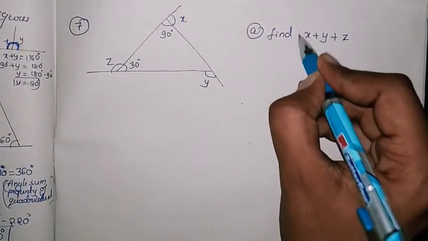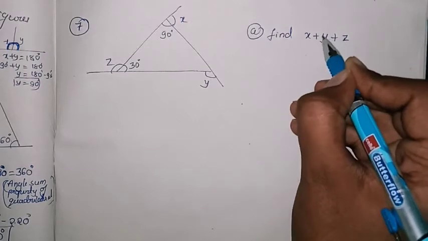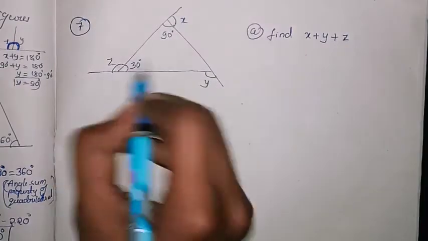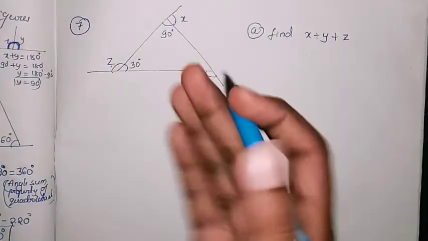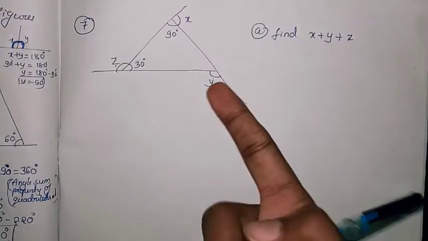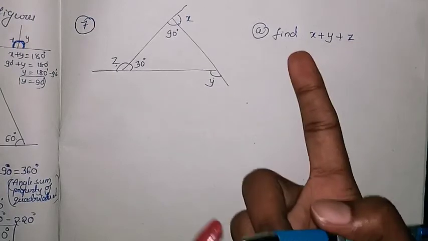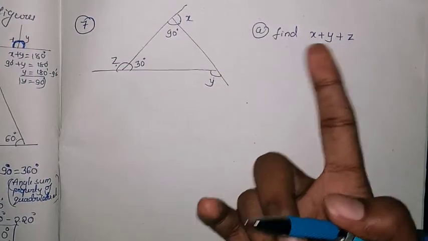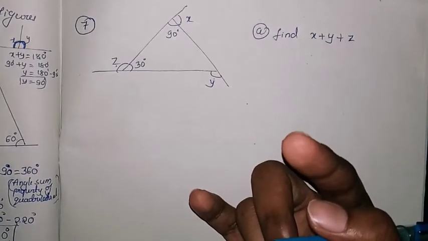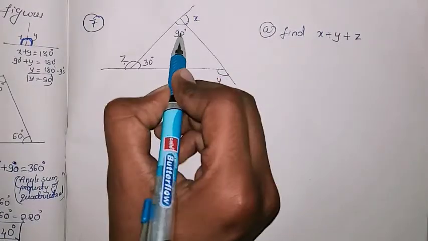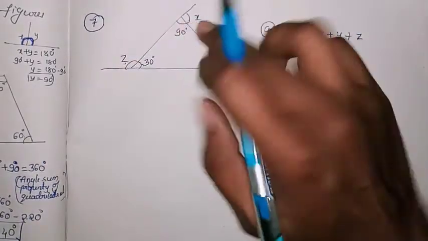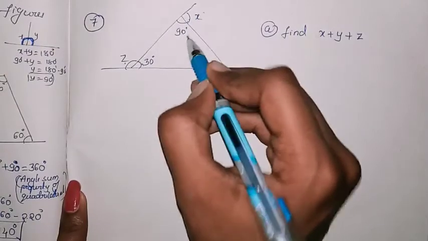So for that you want the value of x, the value of y, and the value of z. They have given x, y and z, and they are not inside, they are outside. And we don't know these values. These values we have to find first, then we have to add them. First, observe what they have given: this angle and this angle. Is it possible to find the x value from these two?